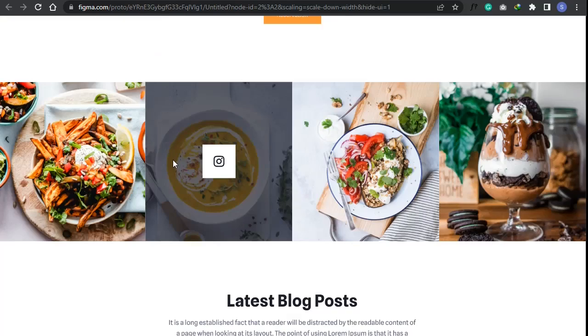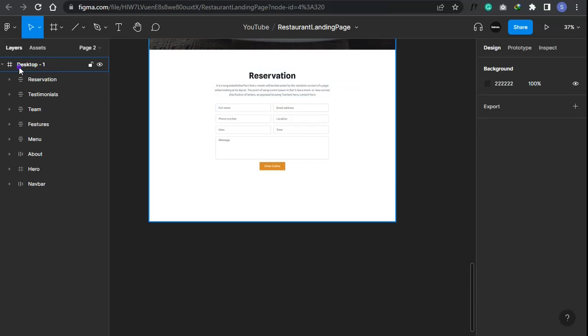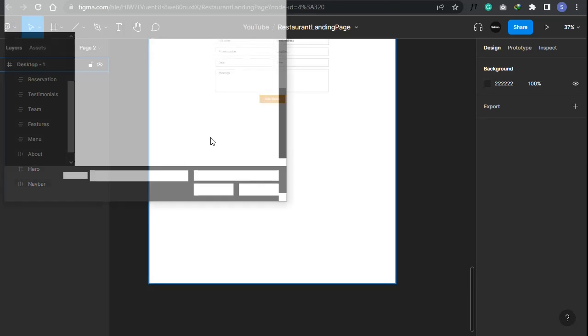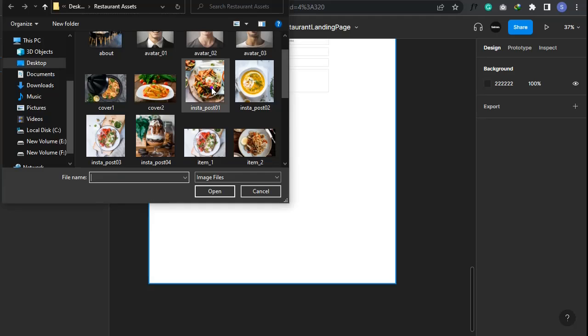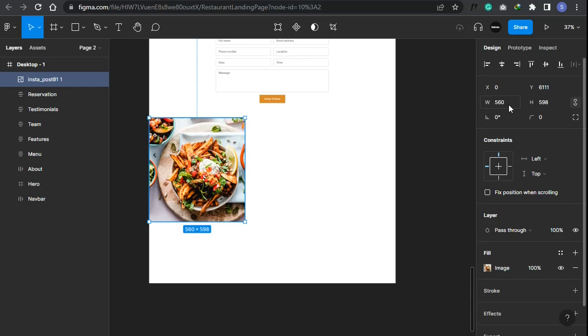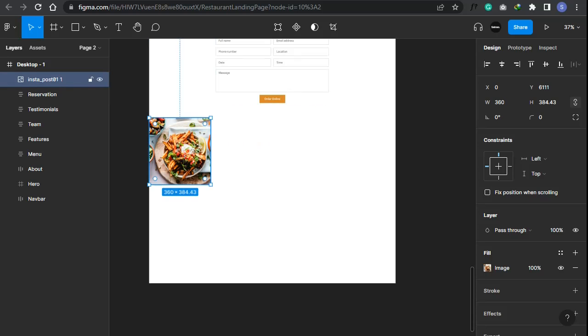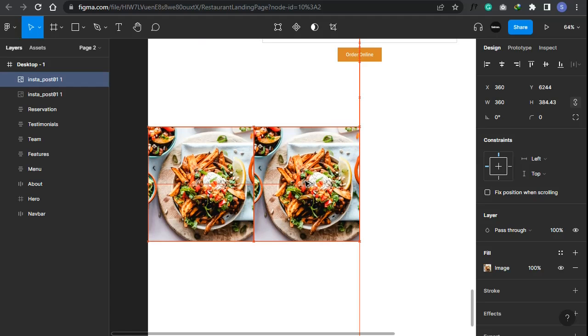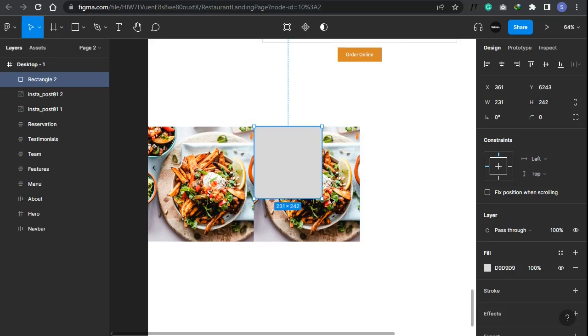Okay, so now I'm going to design this Instagram post sections. So I'm going to open an image. I'm going to select this one. So I'm going to put 4 items on this row. So I'm going to type 1440 divide by 4. Okay, so I'm going to duplicate this, and here I'm going to put an overlay, or I'm going to select